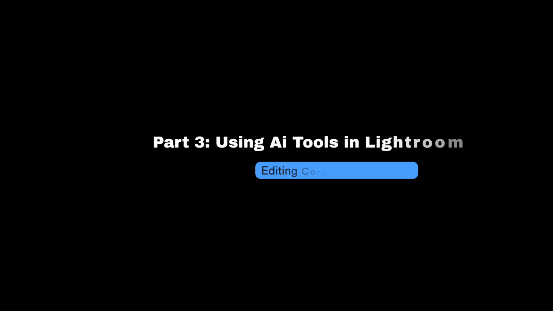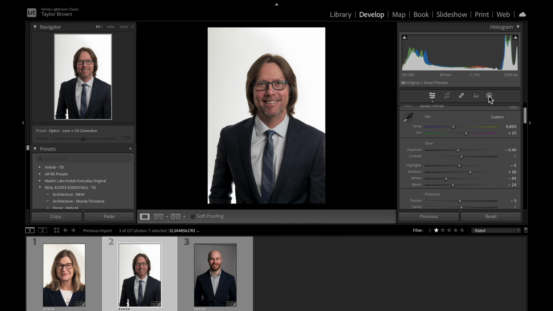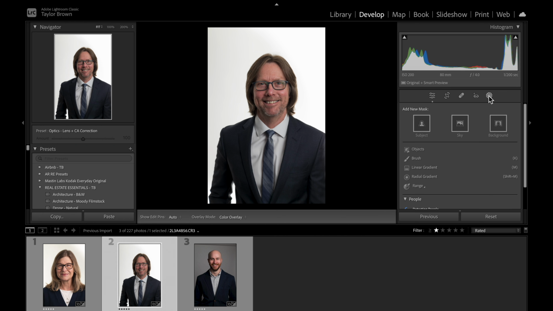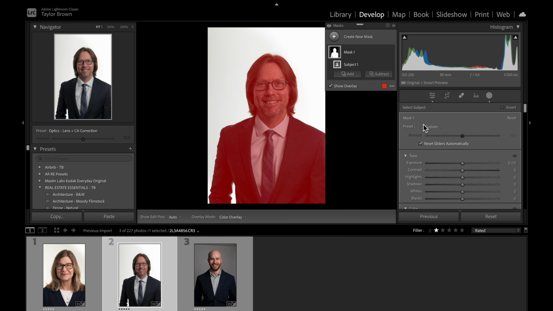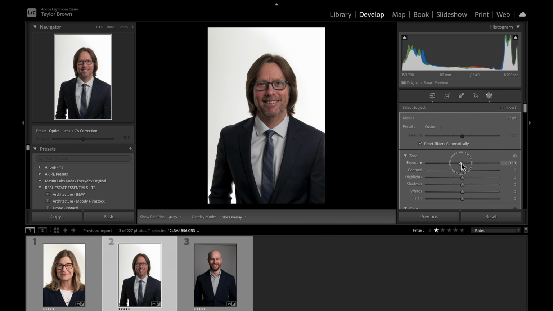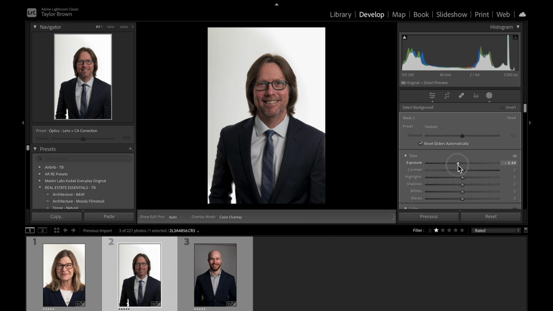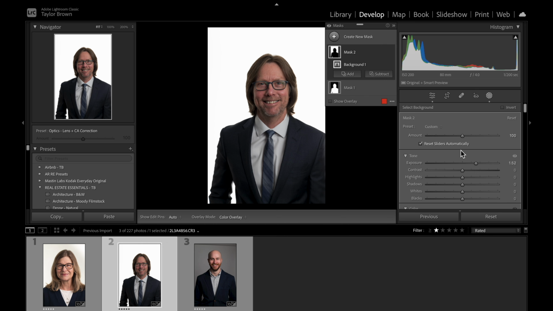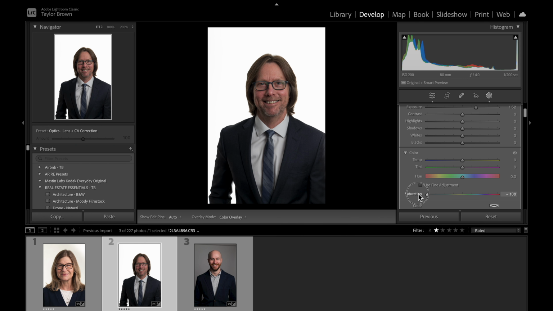So before we bounce this to Photoshop, there's a couple of AI tools in Lightroom that are really helpful. So you can just click right here, this masking, click that, and if you click subject, it's going to auto detect this, especially because it's so crispy and clearly defined. And from there you can just make any adjustments to just the person that you want to, or you can create another mask and select the background if you want to adjust that from there. So if you want to just make that really white, you can do that in like 2 seconds. Or if you want to make it colder or warmer or desaturate it,